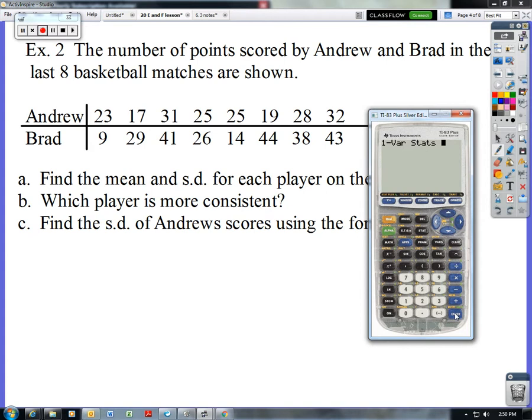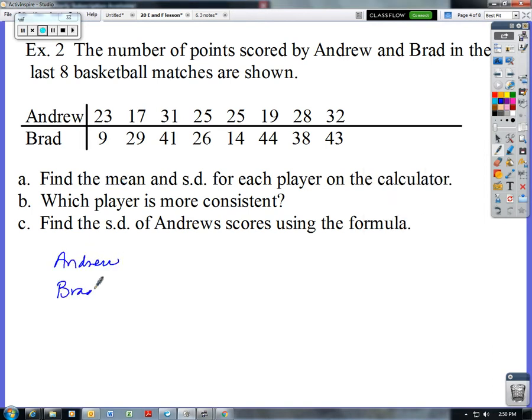And it does default to L1, but just to be sure, you can do second one, and that means it's doing the stats for list 1. Hit enter, and we get all this good information. X bar is 25, so we're now going to have the mean. So I'm going to make a little table. Andrew,